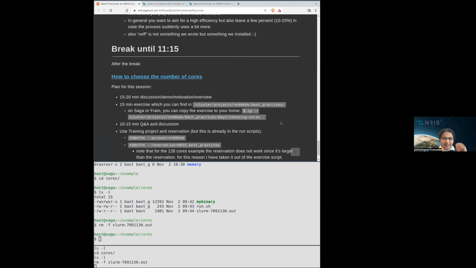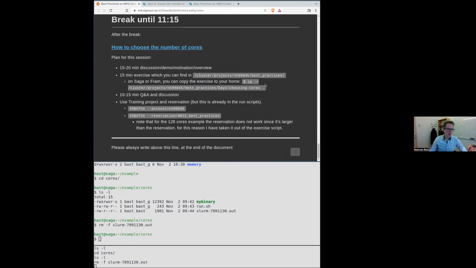Okay, please carry on. Yeah, welcome back everybody. I think the plan here will be very similar, but now we will talk about the number of tasks or cores, not anymore about the memory, but the motivations are very similar. Also, the plan will be very similar. We will do a bit of demo here, discussion, motivation. Then again, we have a